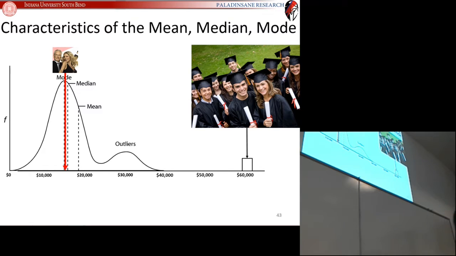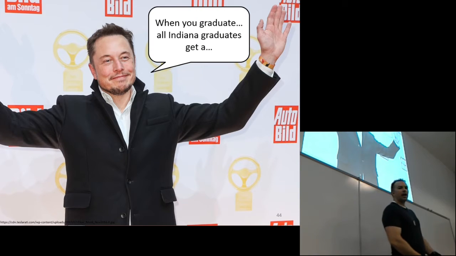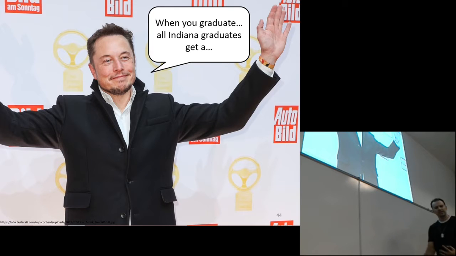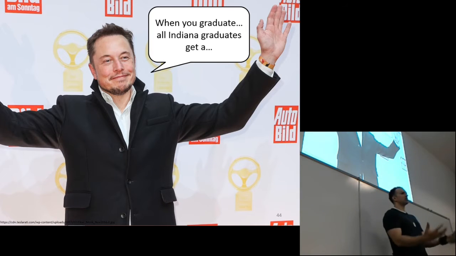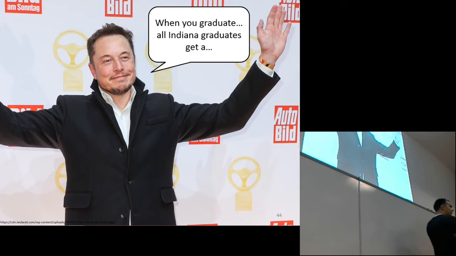All right, any questions on that so far? All right, so let's say that Elon Musk takes a look at his plan and says to himself, you know what, that plan seemed a little reckless. And maybe instead of funding some students for $60,000 a year, because you don't need that much to go to school, maybe instead of funding some students at $60,000 a year, I'm going to fund way more students at a